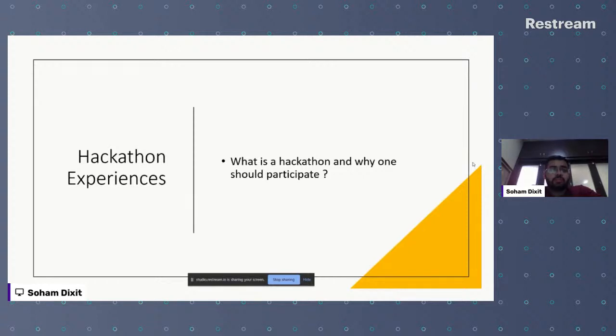Let me share a quick small experience of mine. My first hackathon was Smart India Hackathon 2018. You might be aware of this Smart India Hackathon organized by the Government of India at the central level. Before participating in Smart India Hackathon, I knew just bits and pieces of what an application is, how applications are built, and how things happen.